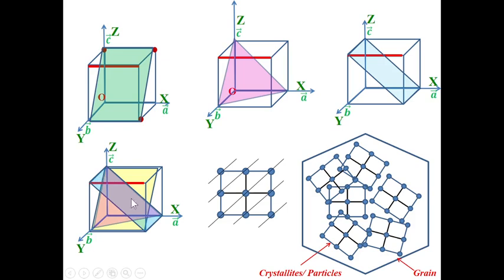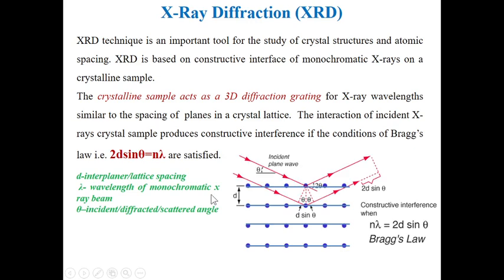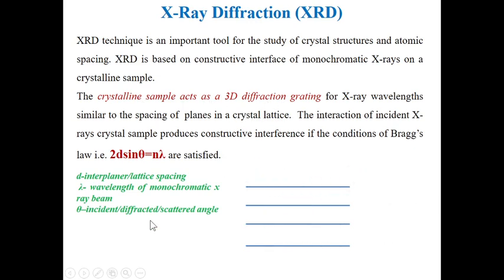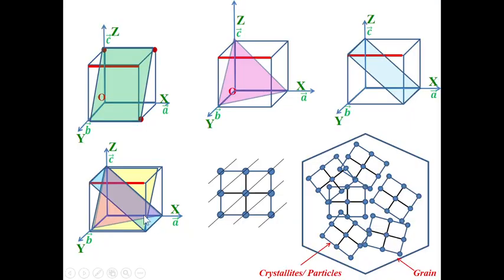See, this is one plane, and parallel to this plane, other planes can be possible. This yellow color plane will be there, and parallel to the yellow color plane other planes can be possible, like that. So here it is written that the 3D crystalline sample acts as a 3D diffraction grating. Here is the picture of how a crystalline sample having planes of different orientations means 3D gratings will be possible inside the crystalline material.